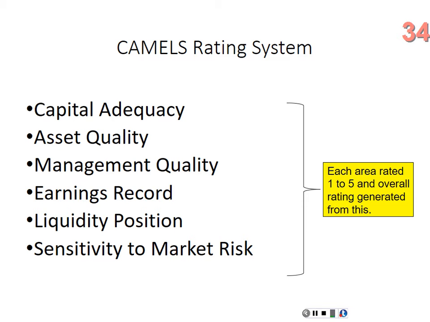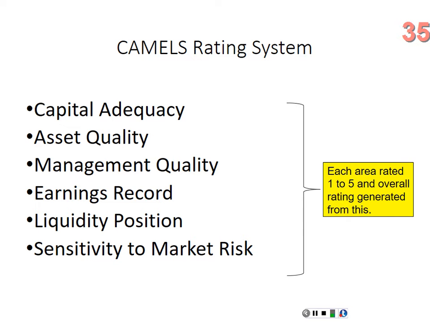And the examiners don't do this either, because what they do is they typically have what's called an EIC, an examiner in charge. This is somebody who has some experience. Then they have the examination team, which would be anywhere from 3 to 6 additional examiners. And each person will be assigned one of these areas. And so they're going to talk to the bank, they're going to pull records, they're going to do their analysis, and they're going to provide a rating. It's up to the EIC then to take a look at each one of these and determine the composite rating for the bank. But some of these areas are more important than others.